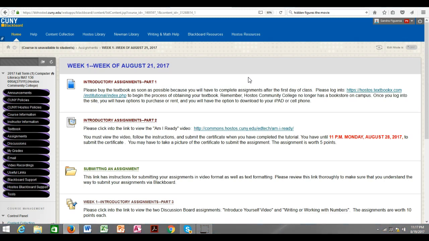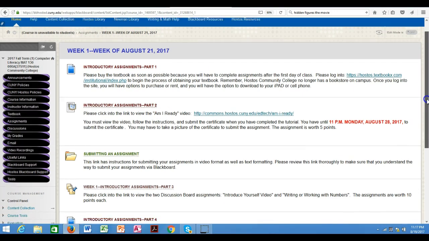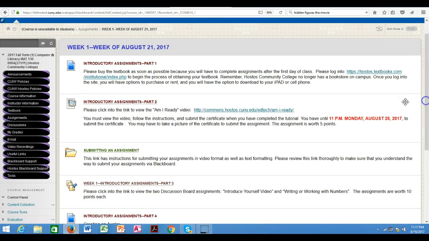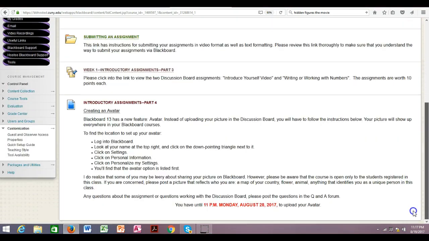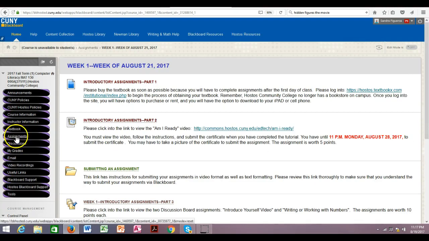All right. It could be the map of your country. It could be a flower, an animal, maybe your pet doggy, your pet cat, whatever it is that represents you. Ideally, I would like to see your face, and so would your classmates. But especially if you're going to create a video, you're going to have to show yourself. But be that as it may, this site is as safe as it's ever going to be, or as safe as anything is going to be. So I ask you to please consider the fact that you will need to create an avatar, something that's going to identify you as individual and unique in the class. All right? So we understand what we have to do.